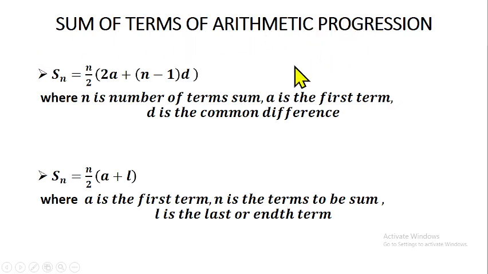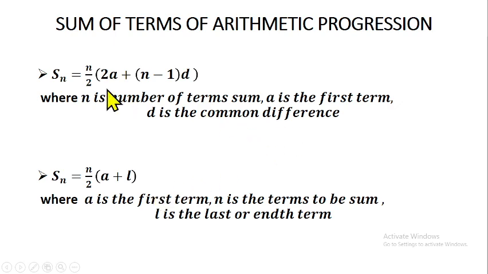So why did I give you that story? This is talking about how we can sum any number of terms together. I can sum the first 20 together, the first 10 together, or the first 5 of an arithmetic progression together. Any number of terms in an arithmetic progression can be summed together using this formula and this formula.